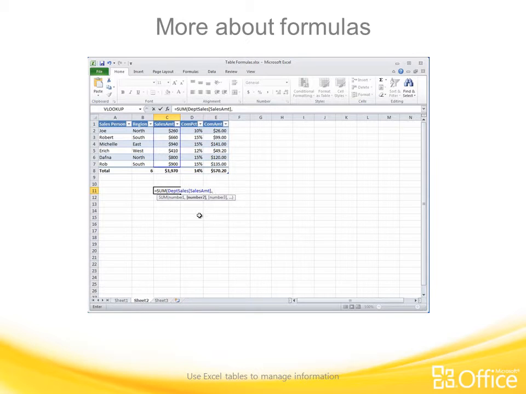and a comma. Then I'm going to type the table name again, and there it is. And I do that so that when I type another square bracket, Excel will give me my list of structured references again. So I'll put in my square bracket, and now I'm going to double click COM amount. And by the way, you can see these other structured references that are here. This is not covered in this course. So double click COM amount and end it with a square bracket and a parenthesis and press enter, and my total is